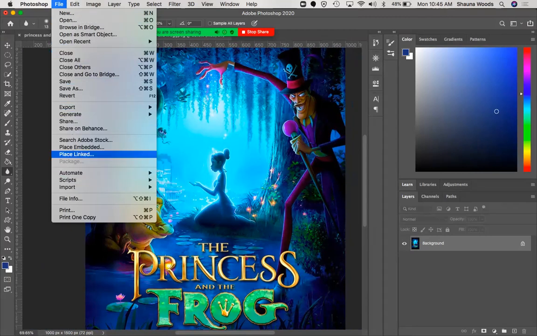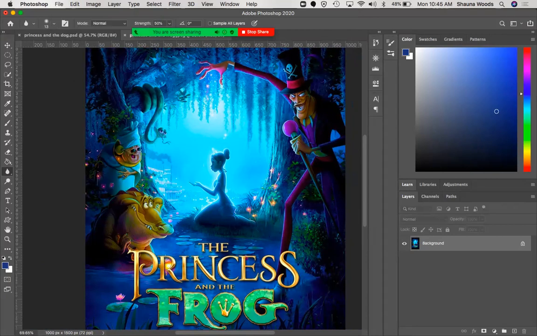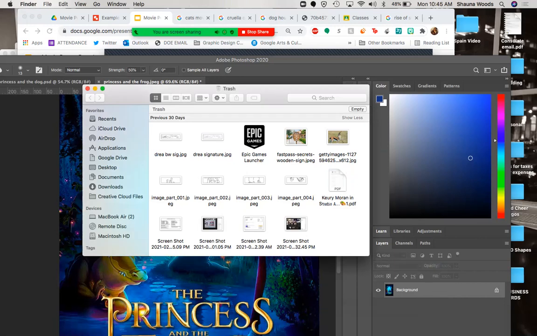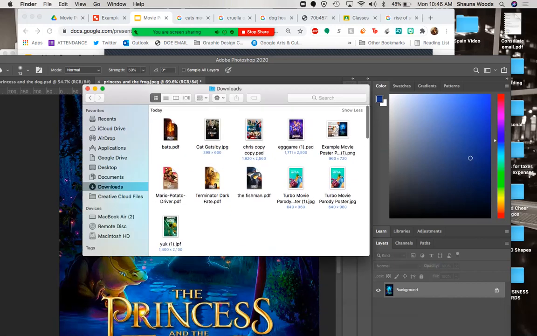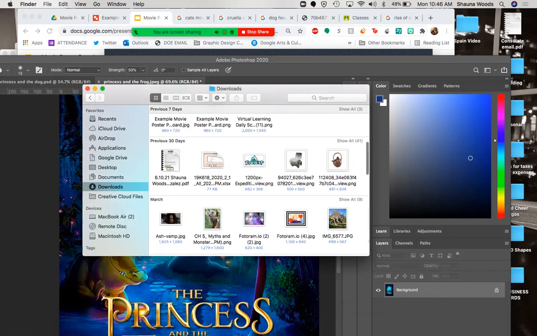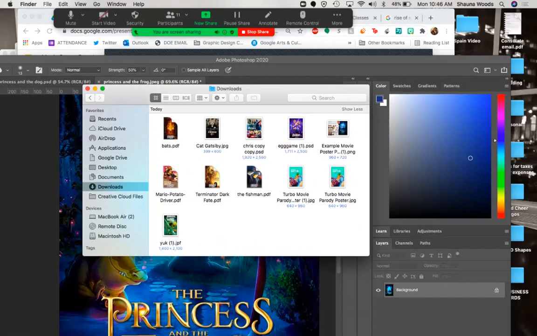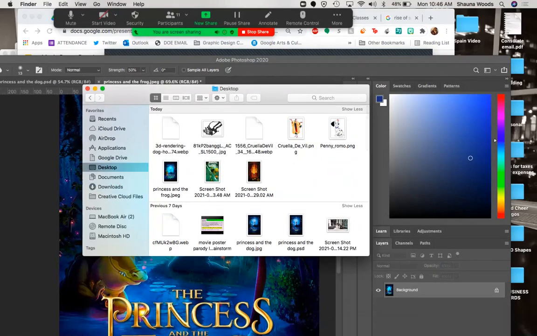So I'm going to go to File. Where's the insert? Oh. Okay, I'm just going to drag the images in. So downloads. I downloaded a couple things. Where are they? There they are.